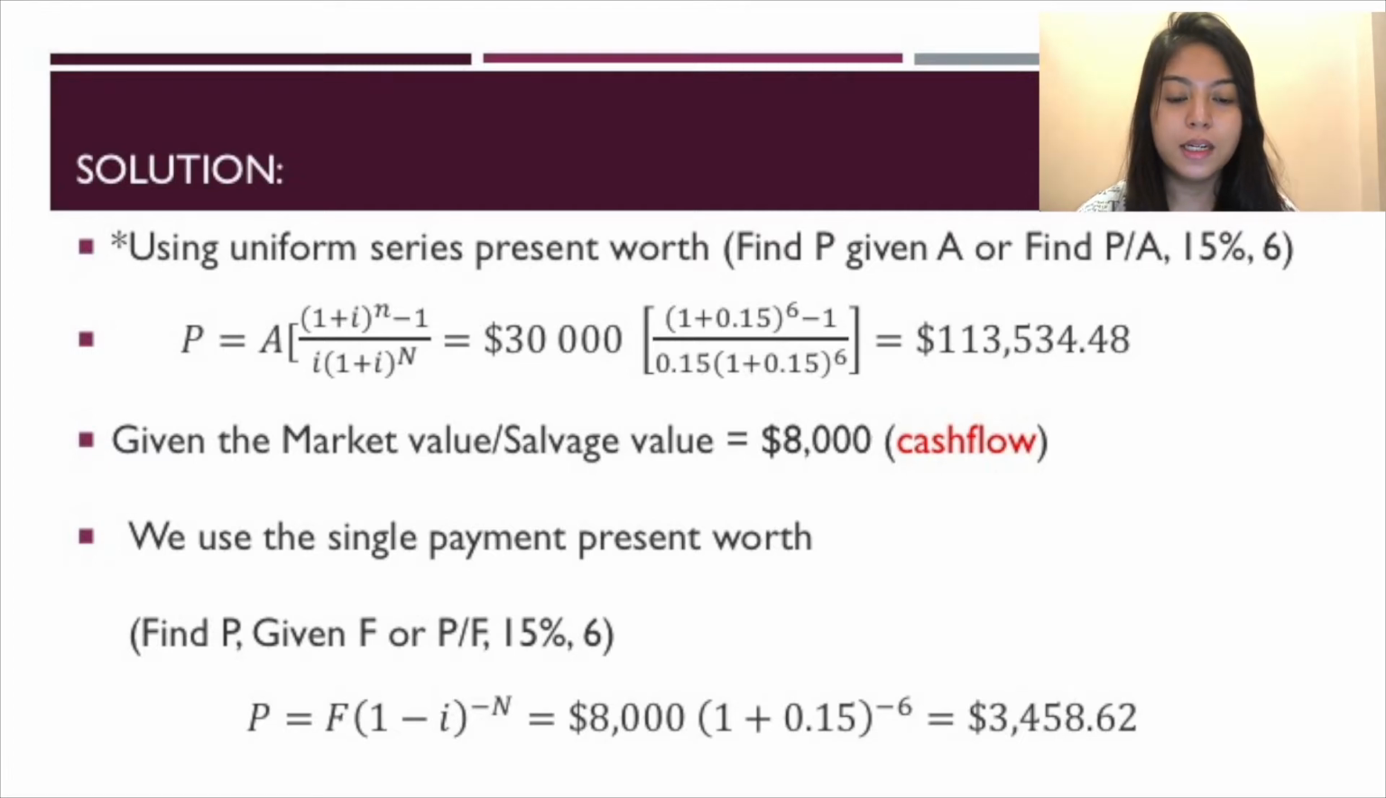So, from the formula here, as you can see, we have P equal to A multiplied by the quantity of (1 plus i) raised to the power of n minus 1 over i multiplied by (1 plus i) raised to the power of capital N. The values will be substituted into this formula, and that will become 30,000 multiplied by (1 plus 0.15) raised to the power of 6 minus 1 divided by 0.15 multiplied by (1 plus 0.15) raised to the power of 6. And P will then become